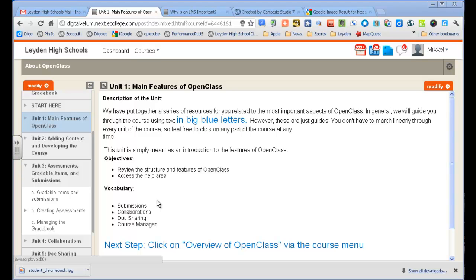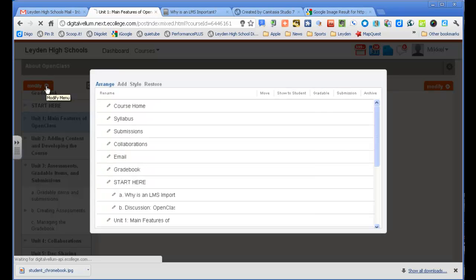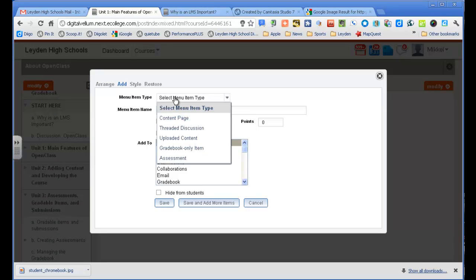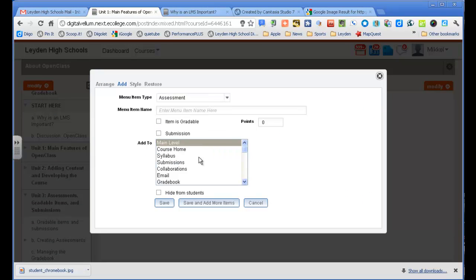So this particular tutorial is going to focus on just creating the assessment and getting the initial parameters set. So I'll go ahead and do that. I'm going to go to Modify. Like when you want to add anything, go to Modify here in the menu, and I'm going to add. The menu type is an assessment, and I'm going to call this Sample Assessment,